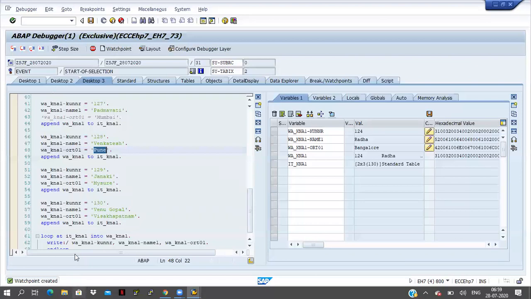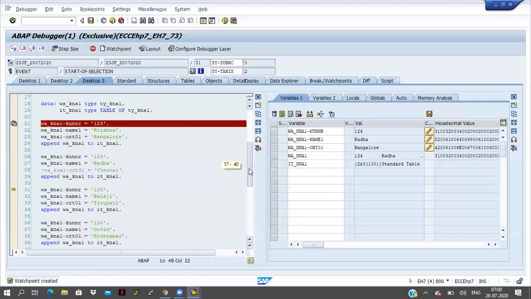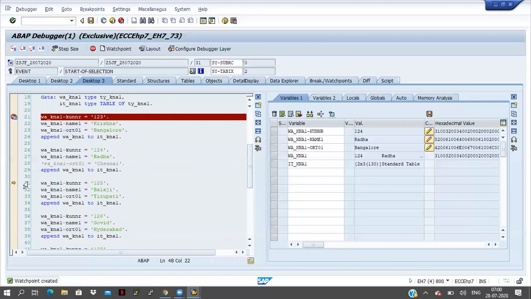Watch point created. Now you can see the cursor is at line 31.